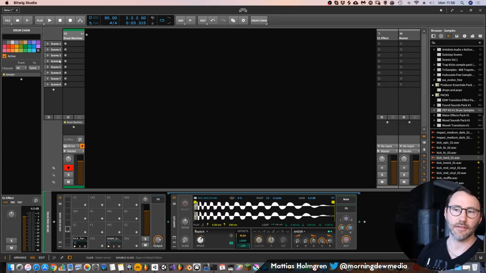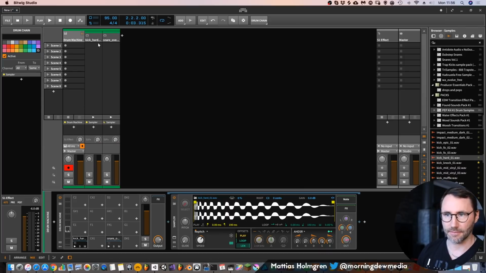And now if you look at the mixer here, you can see that we have two small arrows pointing down here. And that's actually the icon for multi outputs. So if we press that icon, it will bring up the individual outputs for our kick and our snare.